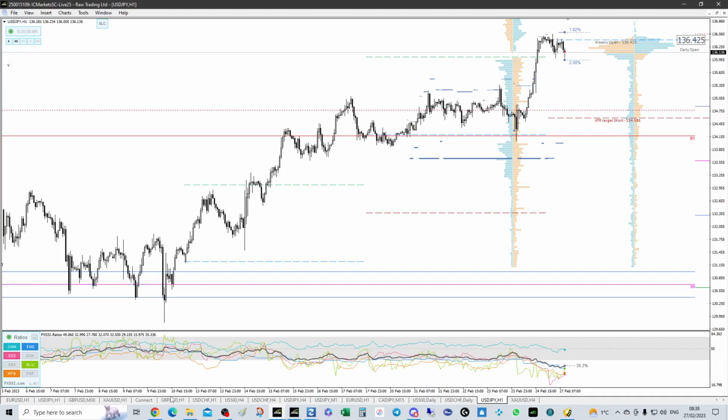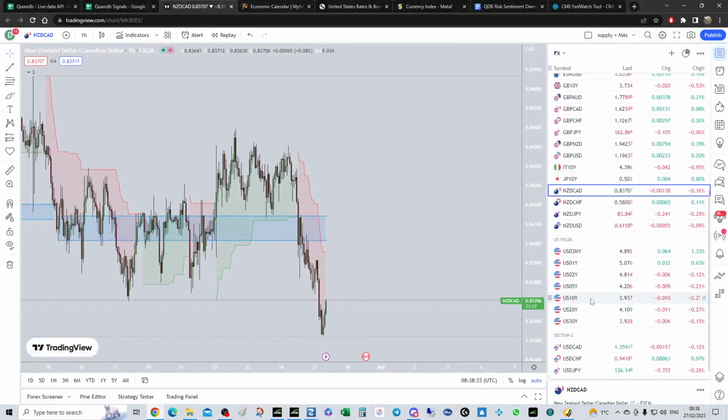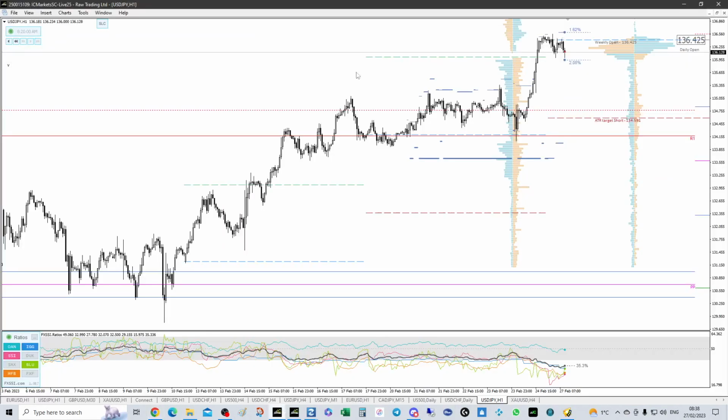And remember what I was saying about the yields as well. This tracks the 10-year yield very well. So you'd want to keep an eye on your TradingView. And ideally you want that red, right? If you're selling dollar yen, you want that negative, which it is currently, but it's obviously subject to change. And that gives a bit of a headwind. If the 10-year is negative, then it's going to put a bit of pressure on this. So 136.60 and then